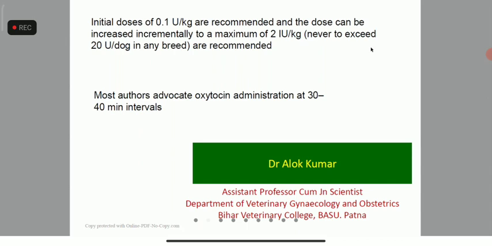So especially secondary. Okay. So you can go up to the 20 IU as I told you, and if it is not, then you can go straight forward to cesarean operation. Right. Now let me justify why oxytocin is given, why calcium is given, and what more can be given.